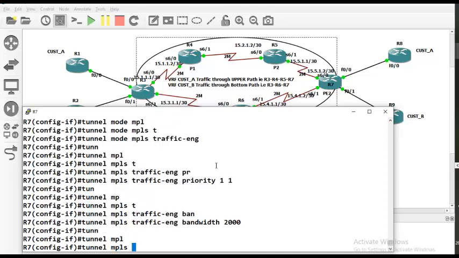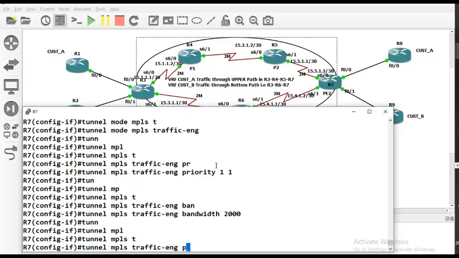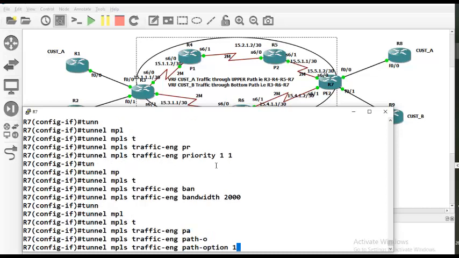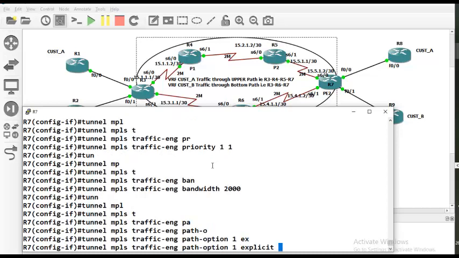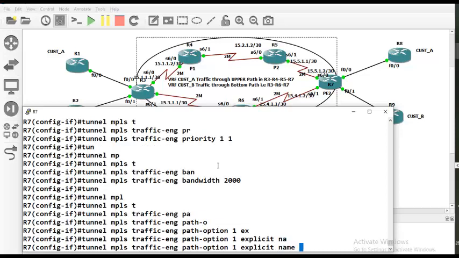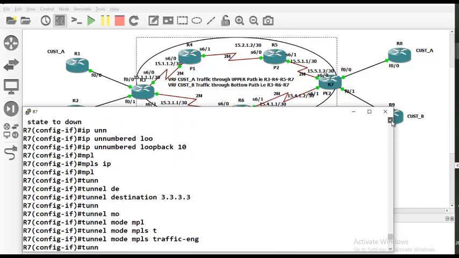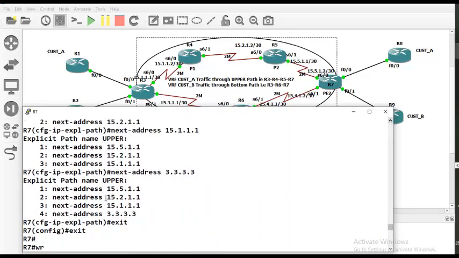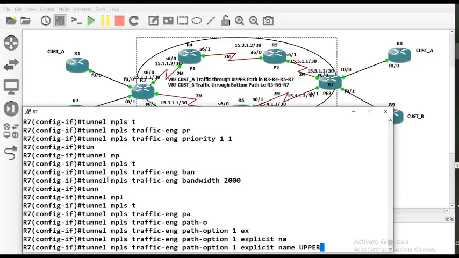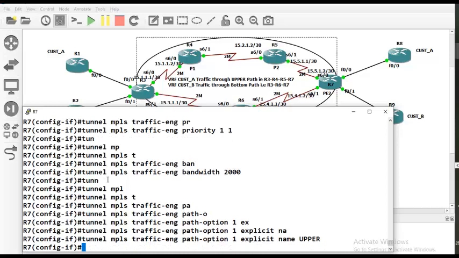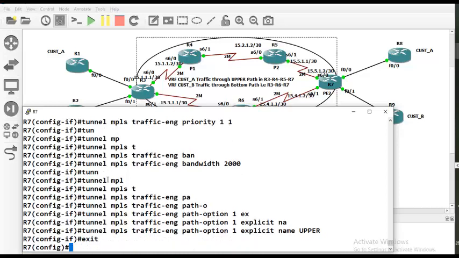Tunnel MPLS traffic engineering path option 1 explicit, very important, explicit, and the name that I have given is upper. That's all. Now we have to write a static route